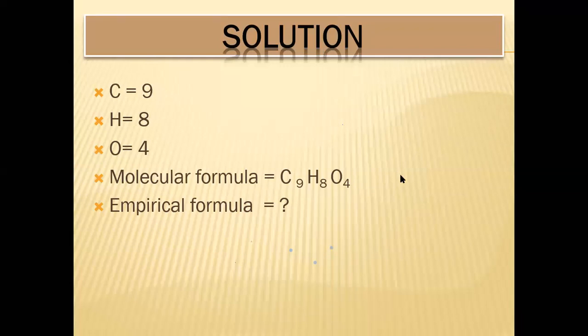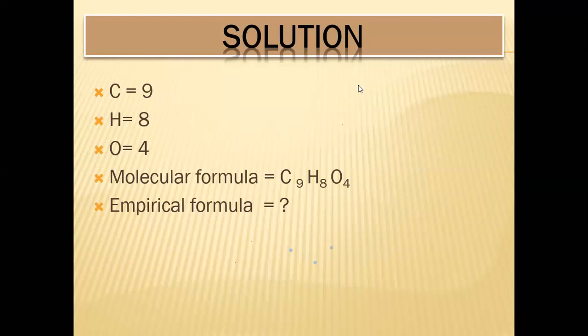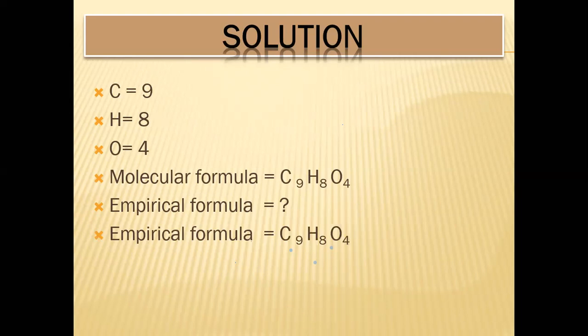There is a condition to simplify all the atoms at a time. You cannot simplify a few atoms and leave one or three. There will be a ratio of even or odd at the same time, so that all the atoms are simplified. Understood? Yes. Okay, let's check. Its empirical formula will remain the same because 8 and 4 can be simplified but 9 cannot be simplified. So 9 carbon is also a part of aspirin, and at one time they cannot be simplified. There is no common ratio, so they cannot be simplified. So the molecular and empirical formula would remain the same.